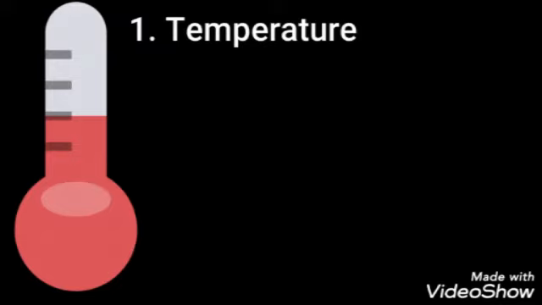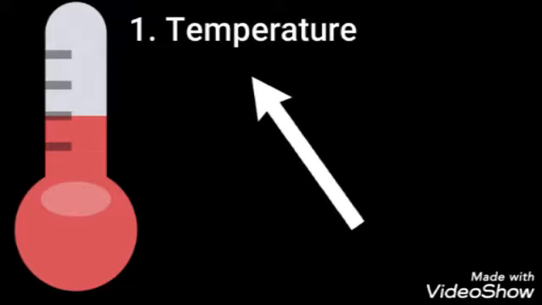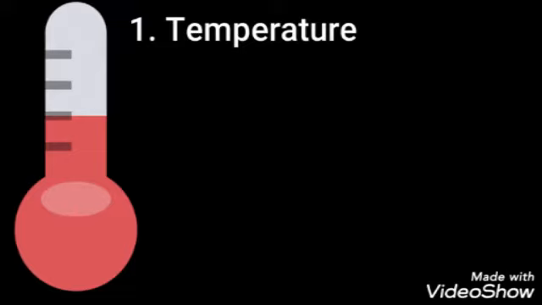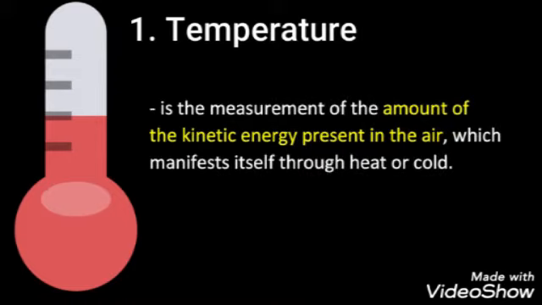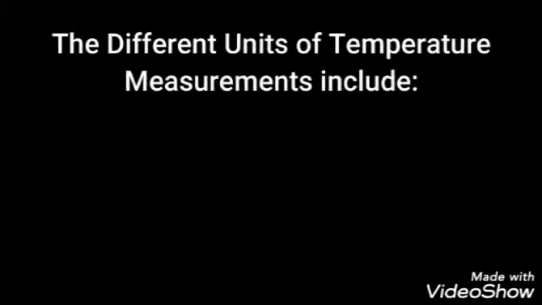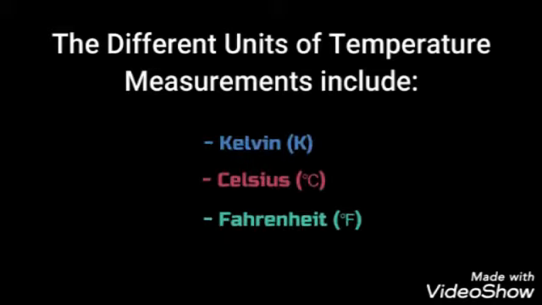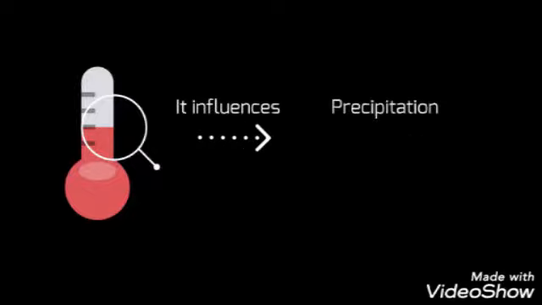Everyone knows what temperature is. Whenever we discuss the weather, temperature is one of the few elements that come up. Temperature is the measurement of the amount of kinetic energy present in the air, which manifests itself through heat or cold. People use different scales for temperature, such as Kelvin, Celsius, and Fahrenheit. Temperature is one of the most important elements of weather and climate because it influences other elements such as precipitation,